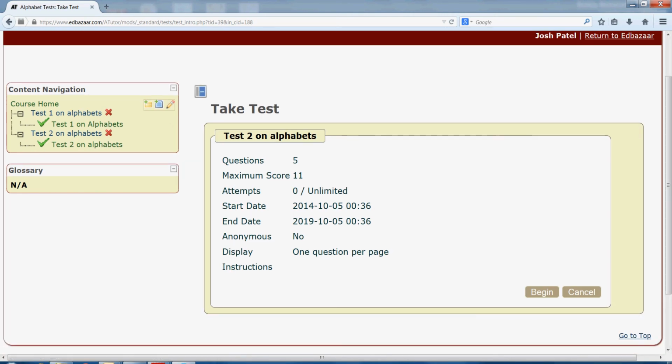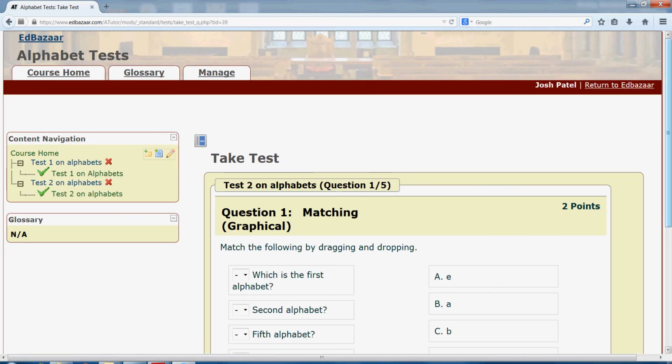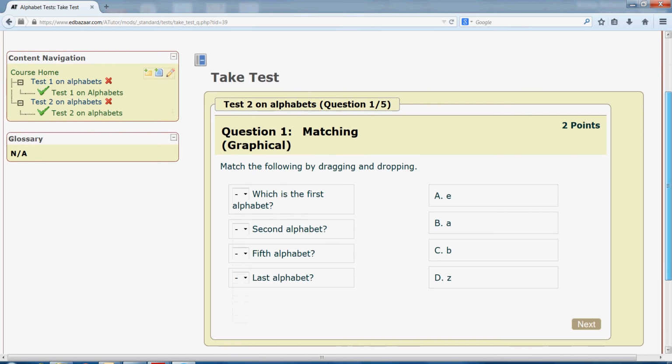We see the 5 questions. It's going to be displayed as 1 question per page. There's unlimited attempts. I haven't taken this test before, so it's going to show up as 0 attempts so far. If I click on begin, so I have my first question here,